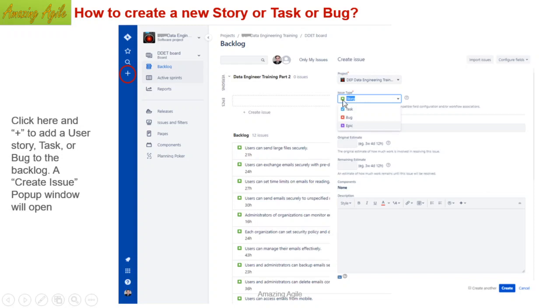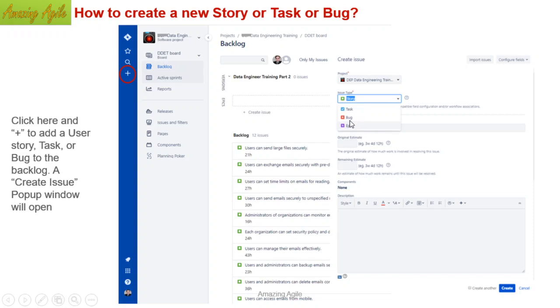Task is something which is similar to the story, however, it is not deliverable. So it may happen that while working on a story or a project, you will have to do some task which is not deliverable. However, it has to be done, so some time is required. To make those visible clearly for everyone, because we are a transparent system, you can create a task and show that you are doing this activity.